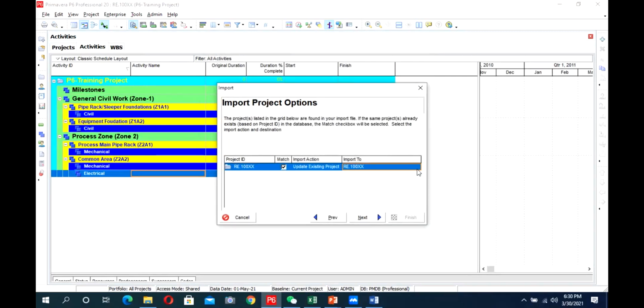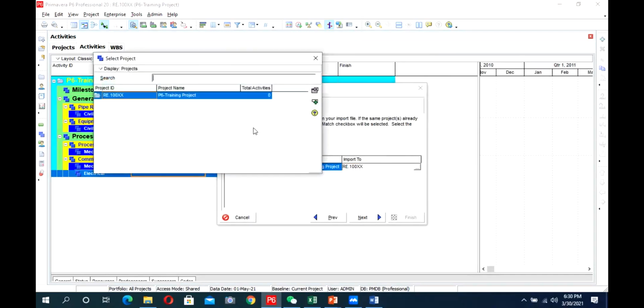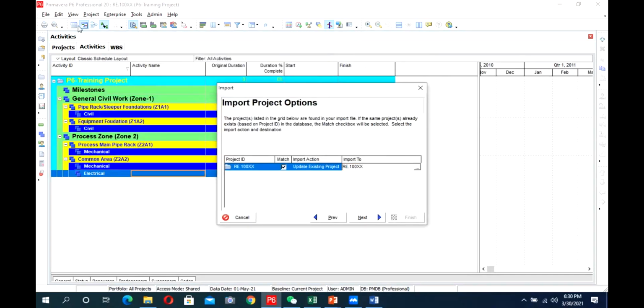Here it will ask you where to import this file. Here you have to select this option. Normally it will come when you do not have an open project, it will come like this, create new project. You have to select this option, create new project.